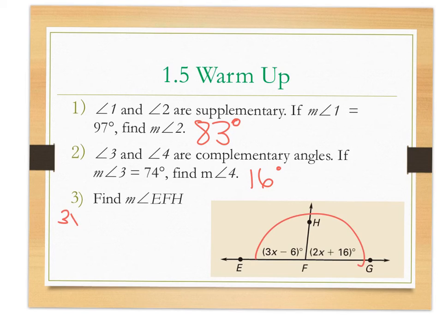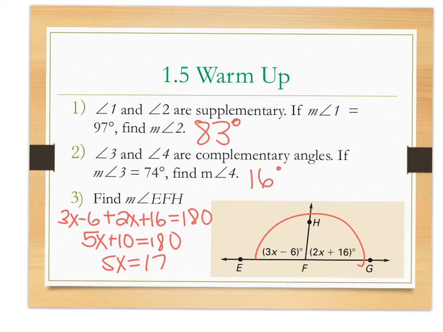So I can say 3x minus 6 plus 2x plus 16 equals 180. Combine my like terms. Subtract the 10. Nope. I think we've gotten this exact thing like 3 times, right? 34, right? Okay, so x is 34, but the question asks for